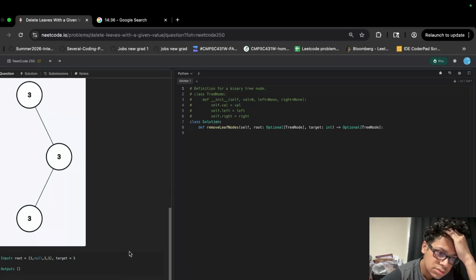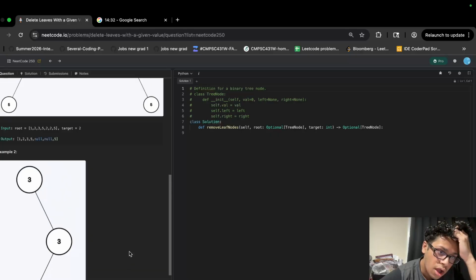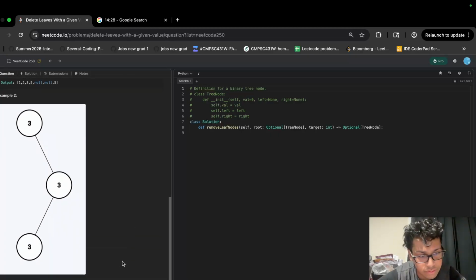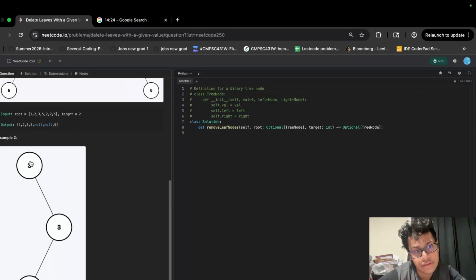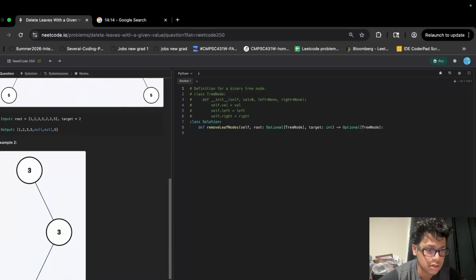Three. Oh, this is the edge case we're missing. So we have 3. This becomes a new leaf, and this becomes a new leaf. So yeah, this will definitely require some recursion because